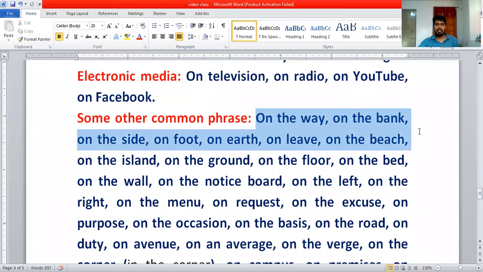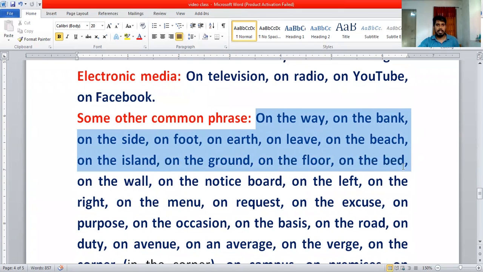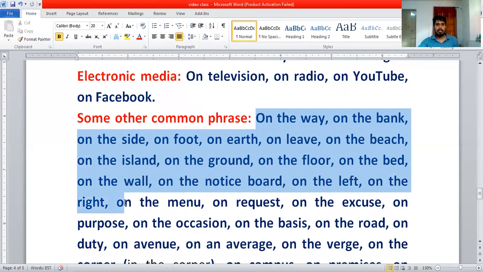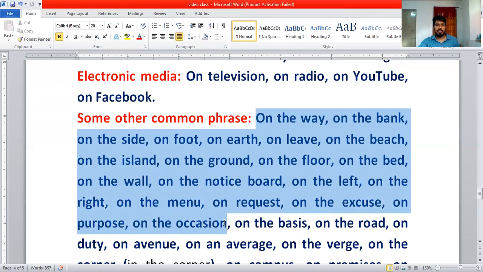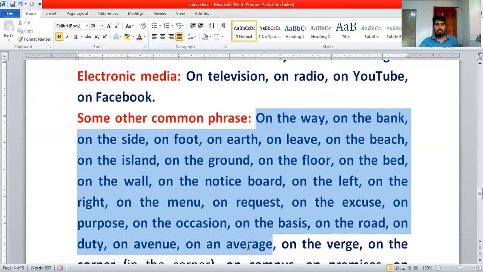On the way, on the bank, on the side, on foot, on earth, on leaf, on the beach, on the island, on the ground, on the floor, on the bed, on the wall, on the notice board, on the left, on the right, on the menu, on request, on the excuse, on purpose, on the occasion, on the basis, on the road, on duty, on avenue, on an average, on the verge,